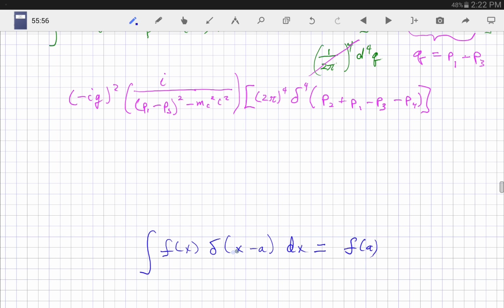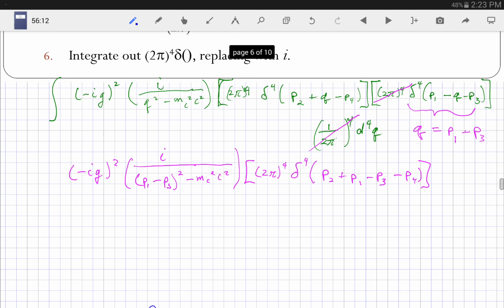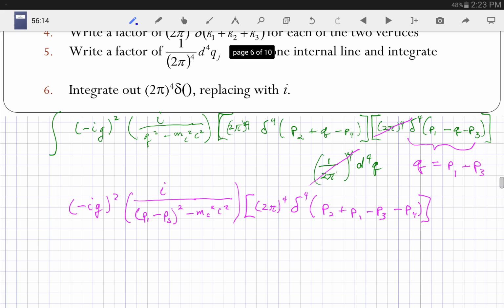It's 0 everywhere except for when its argument is 0. Then it's 1. And so when you're doing this integral, you're going 0, 0, 0, 0, 0, 0. Oh, here I've got a value. 0, 0, 0, 0. You add up everything and all you have is that one value. And so that's what we physically did. That's what we did right here. We integrated over all of q, but this delta meant that the integral was done if we just replaced q